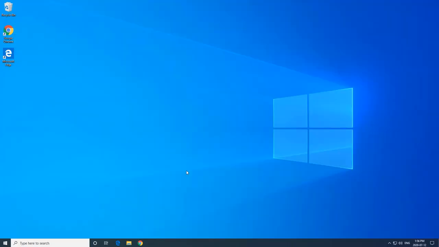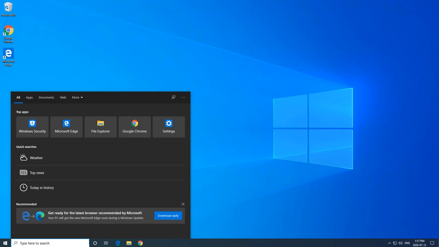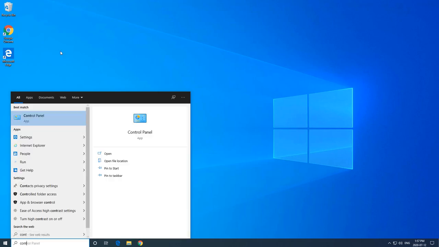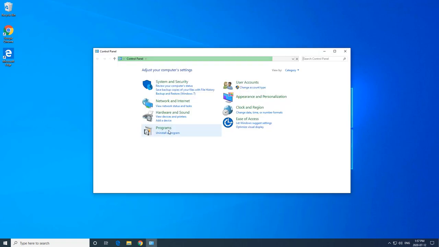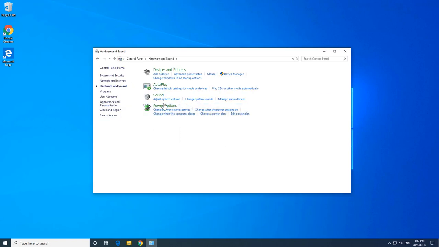If this does not work, there might be a conflict of microphones on your system. It might detect two microphones, and you are not able to use the right one. To fix that issue, you need to go to search and type control panel and open the control panel. In here you need to go to Sound.